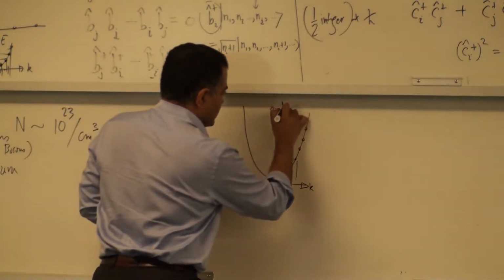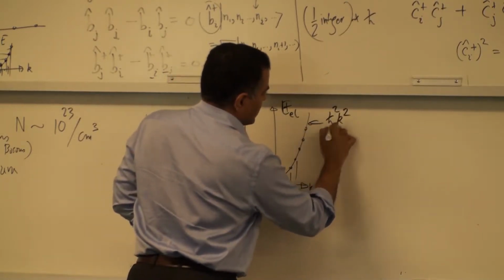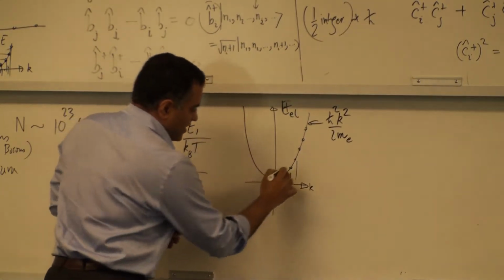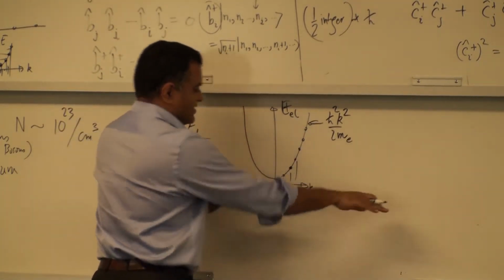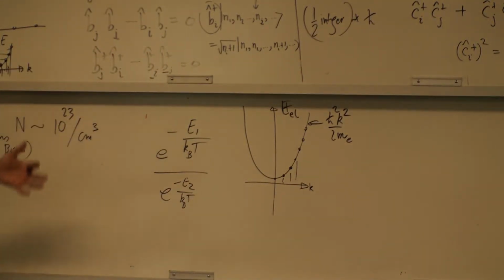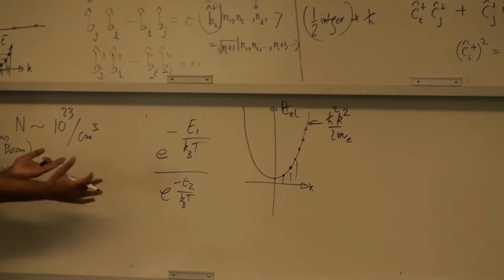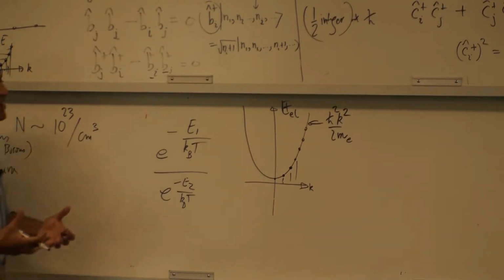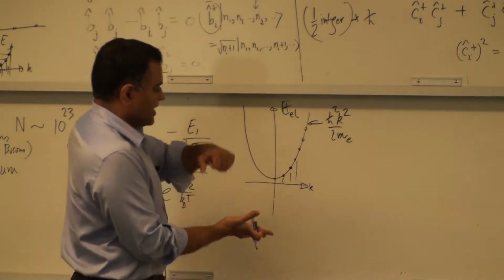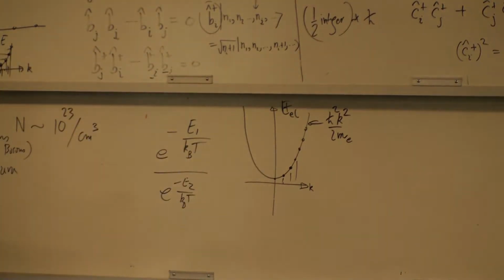And this is in equilibrium with, these are electrons. These are electronic energies, or energies of electrons, and maybe this is h squared k squared by twice the mass of the electron. And these states are now in equilibrium with the underlying crystal, atoms and the vibrations, and that solid is sitting on some surface which is at room temperature, or you cool it down or something like that. So that's the heat bath we're talking about. It's sitting on some surface, and that has a certain temperature. That's the temperature we're talking about.